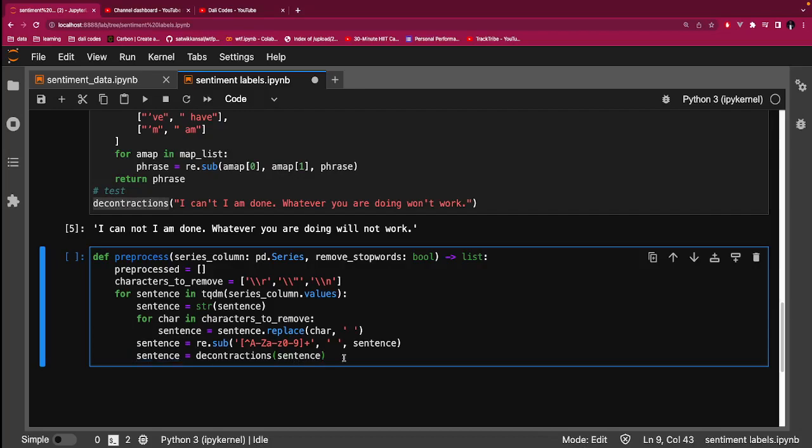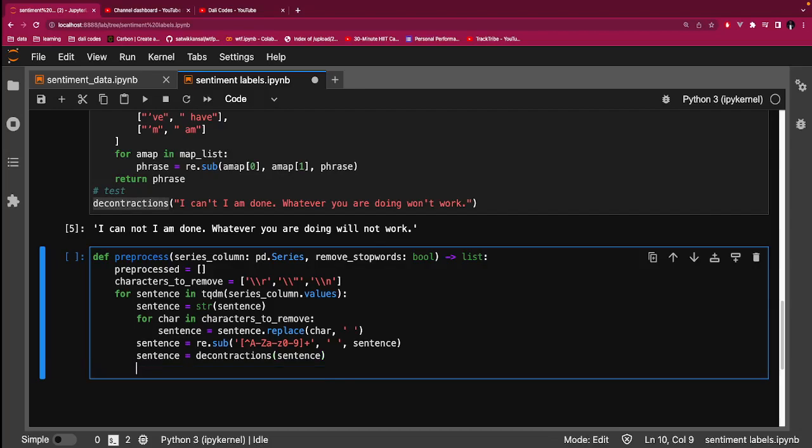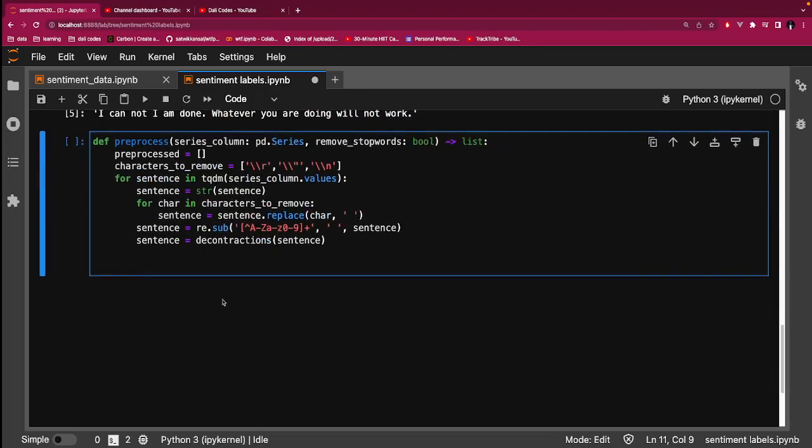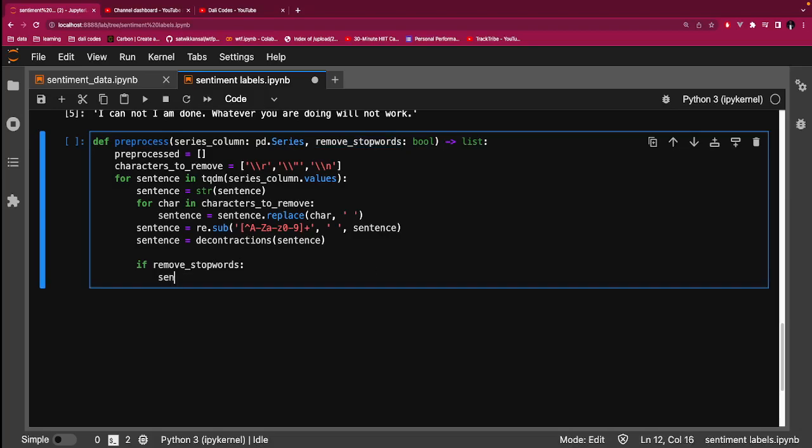This is more of just cleaning the data, making sure that it's fine before we pass it through the algorithm that will label it as having positive or negative sentiments. So if this is true, remember this is boolean, so it can be either true or false. If that, then sentence will be equal to